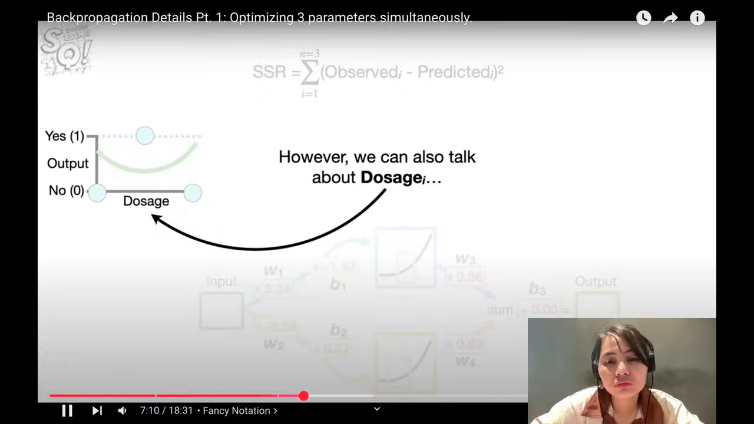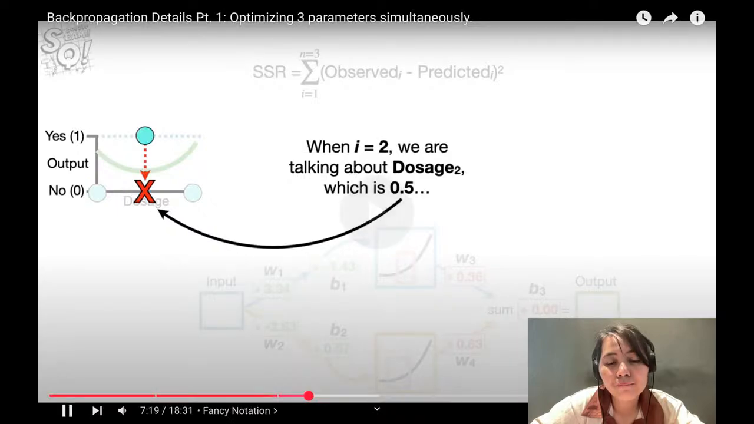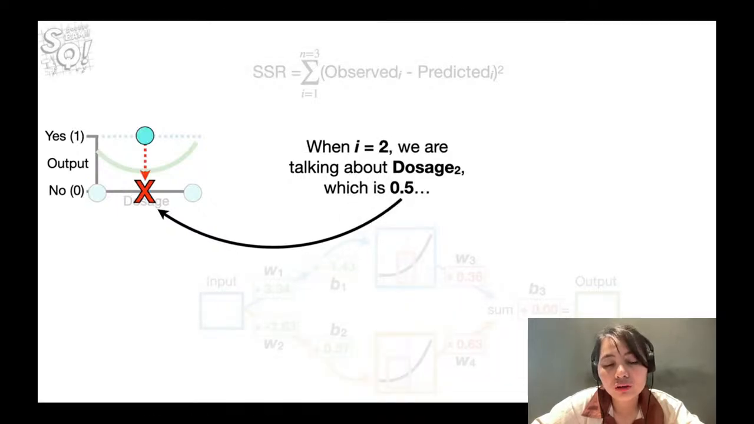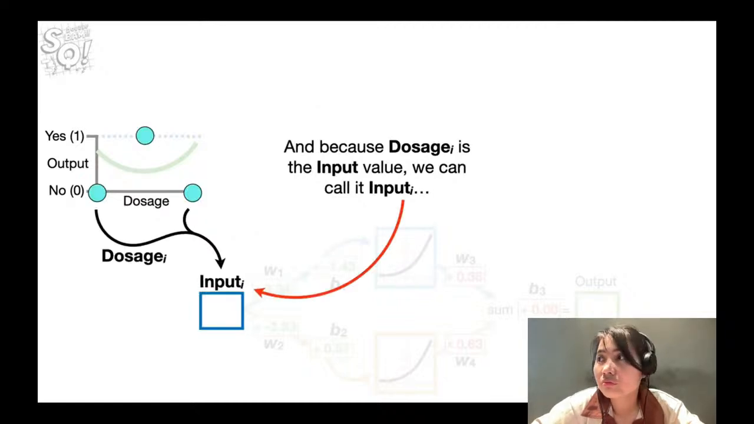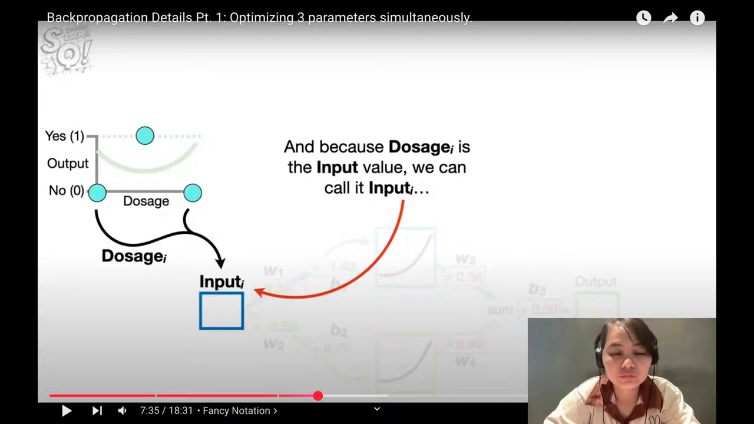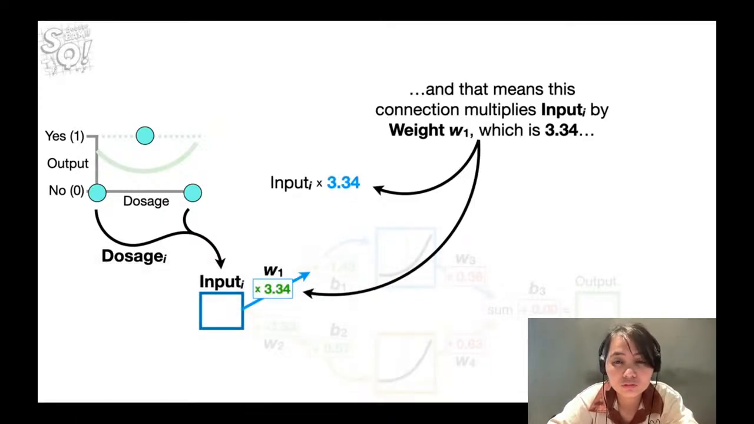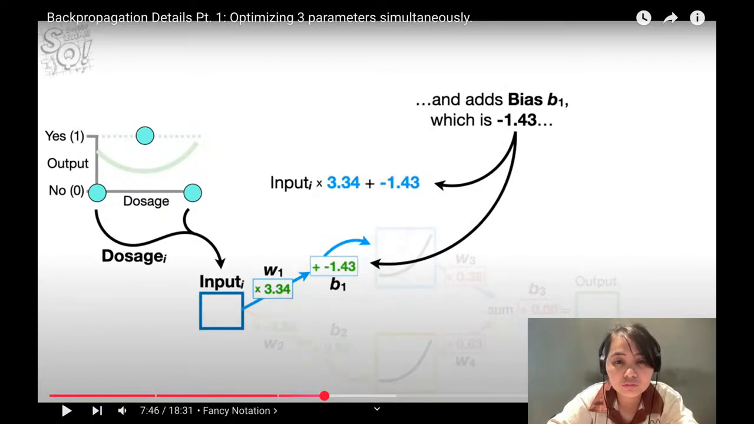However, we can also talk about dosage sub I. And when I equals 1, we are talking about dosage sub 1, which is 0. When I equals 2, we're talking about dosage sub 2, which is 0.5. And when I equals 3, we are talking about dosage sub 3, which is 1. And because dosage sub I is the input value, we call it input sub I. And that means this connection multiplies input sub I by weight w sub 1, which is 3.34. And it adds bias sub 1,